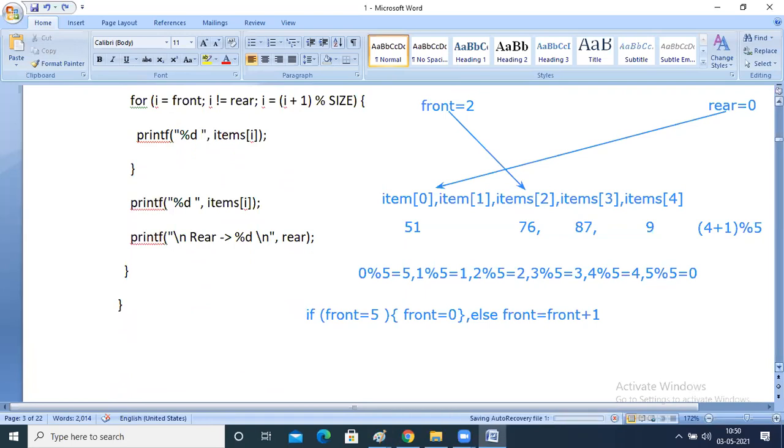The main thing you have to understand is the difference between linear and circular queue. Once the front becomes maximum, the next step is it will become 0, or the rear becomes maximum 5, it will become 0. But in a linear queue it is not like that. If front is equal to 5, that's the last point. I will be incrementing up to that one, but I will not go beyond it. In a circular queue, I will be taking a circular path.